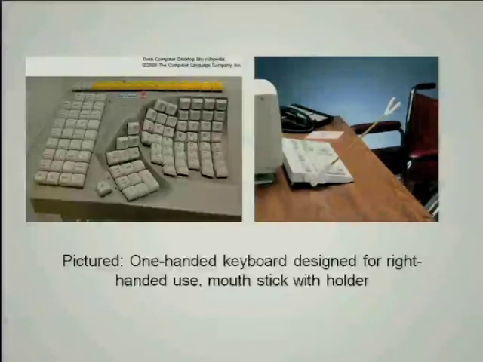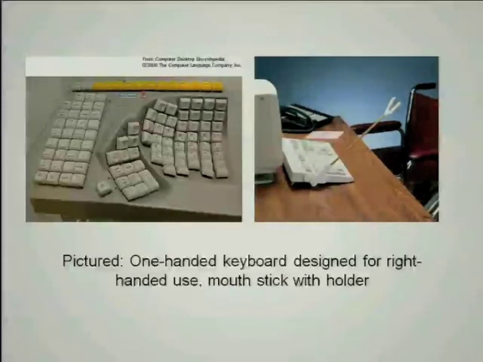We have the very simple and very simply named mouth stick over on the right. This one has a convenient holder for the user. The end that is in the holder at the moment has a rubber tip, so the person using the stick simply holds it in their jaw and can hit individual keys, move the mouse around, move a